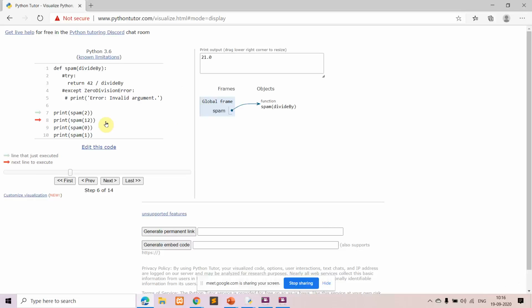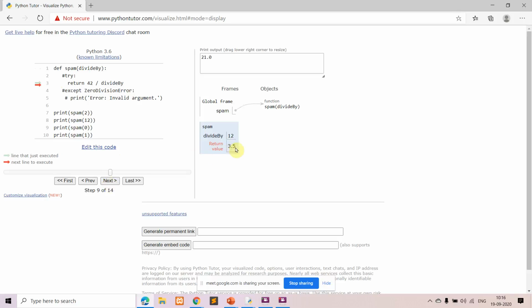So we'll come back to the program. Next you're calling the function spam again, but now with the value 12. You have passed the value 12, and that is stored in the parameter divide by. Again it goes into the body of the function and divides 42 by 12.